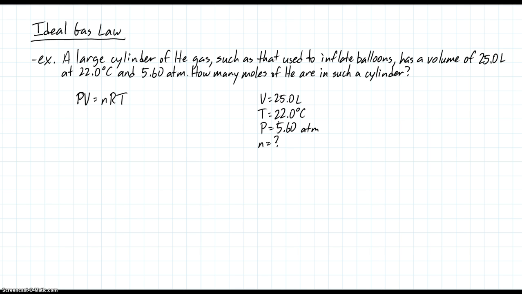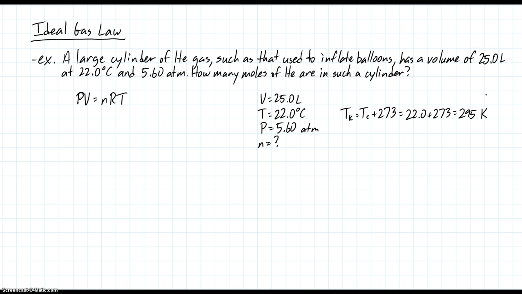But remember that temperature in Kelvin equals temperature in degrees Celsius plus 273. So we have 22.0 plus 273, or to the correct number of significant figures, 295 kelvins is the temperature of